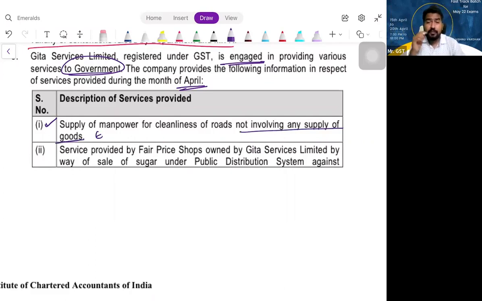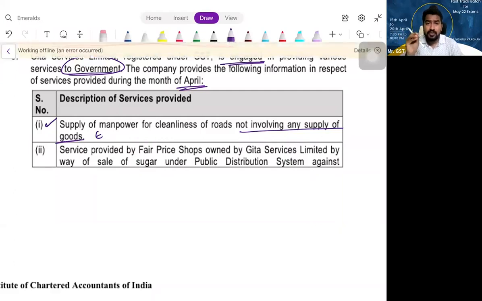If at all there is any involvement of supply of goods and services both, then it becomes a composite supply where both goods and services are being supplied. In that case, is there any exemption? Do you remember? Not more than 25% of value. Exactly. If it is both goods and services, the worth of goods can be 25% of the total supply. That means if the value of supply is 1 lakh, out of that if I am using 25,000 worth goods, that is fine, exempt. If I use more than that,